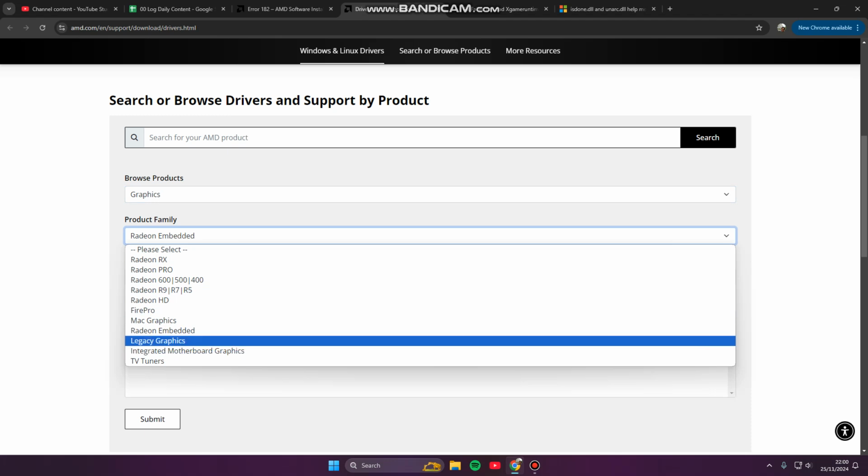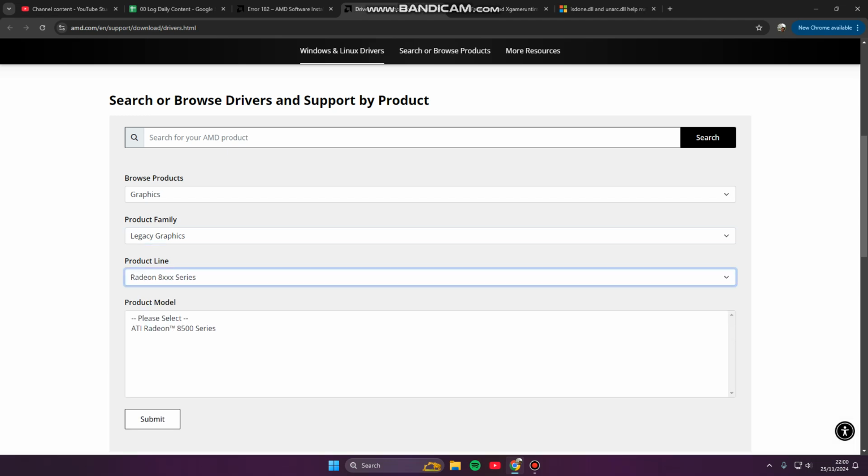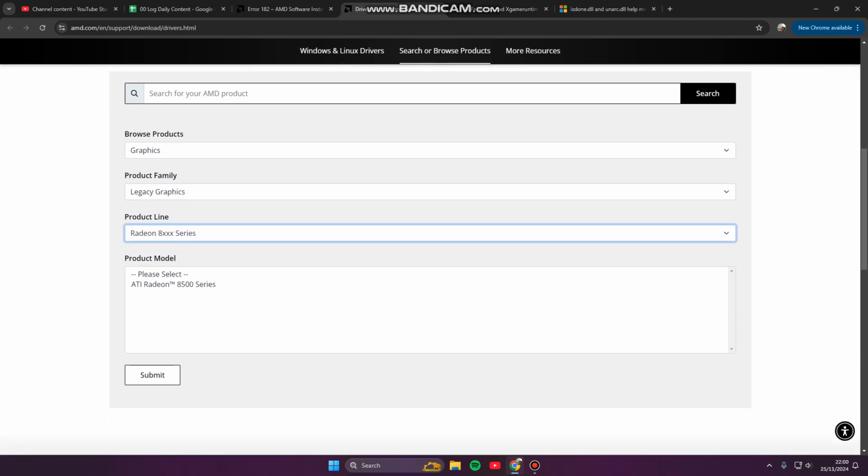So here choose graphics per product. Product family is legacy graphics and select your graphic card from here, and select this ATI, not the AMD, ATI Radeon 500 series, for example. Submit, and then you can download the Catalyst, not the Adrenaline, the Catalyst. Next,